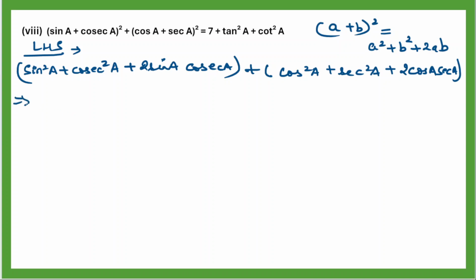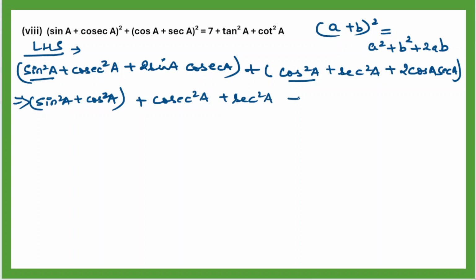Now rearrange the parts, so we can write sin square a plus cos square a because it is going to become your identity, plus cosec square a plus sec square a plus 2 sin a cosec a,